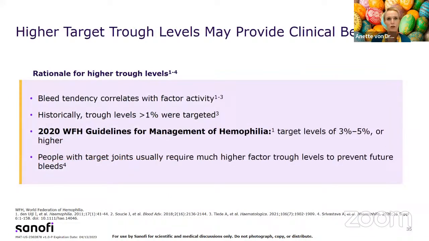So now we come to target trough levels. How can we make things better? And is there any relation in terms of target trough levels that may provide clinical benefit? As many of you know, and I suppose there are some patients on this call too,